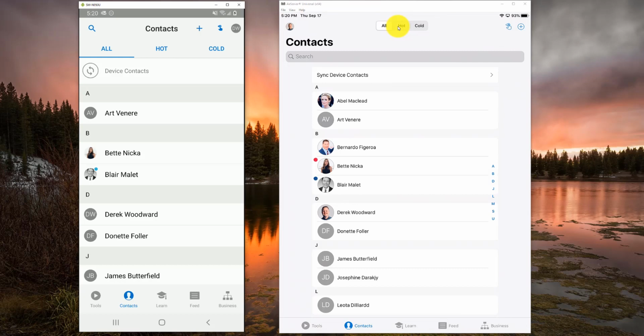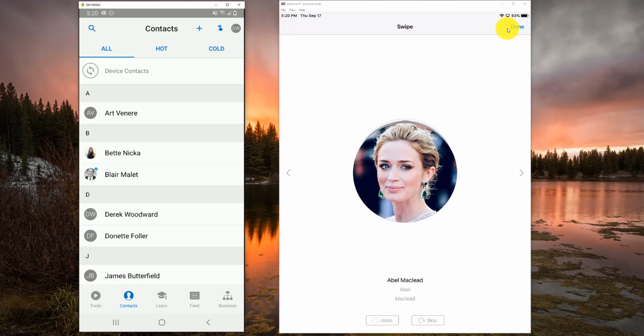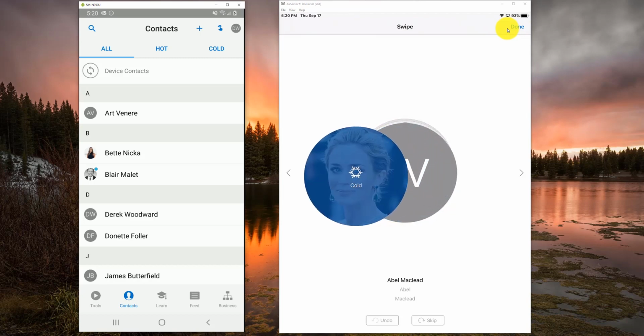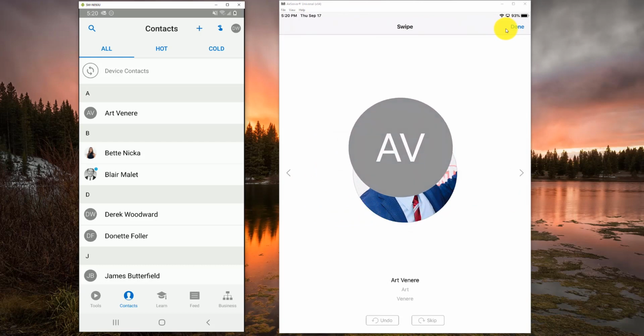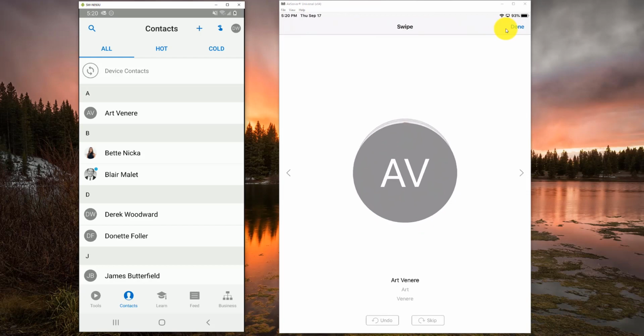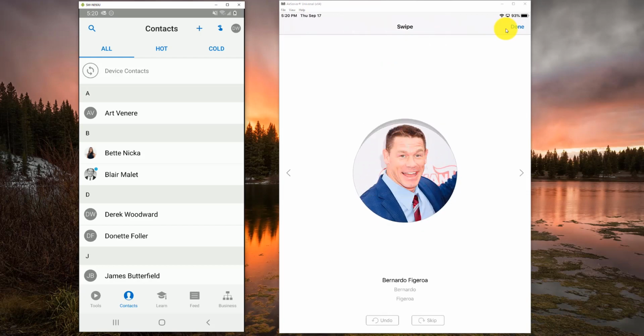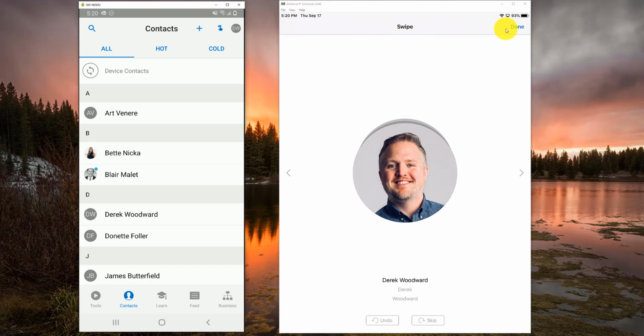If you have a lot of contacts that you want to categorize your own way, you can click this button here next to my mouse, and it will generate kind of a way for you to quickly categorize all your contacts. So when you click on that button here, it enables this swipe mode, which you can then grab this contact and pull it over to the left or the right to mark it as a hot or cold. If you do not know what this contact is because you haven't reached out to them yet, swipe it up to the top to skip it, swipe it to the right to mark it as hot, swipe it to the